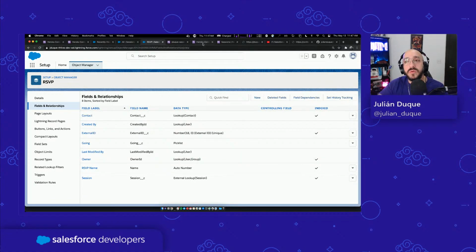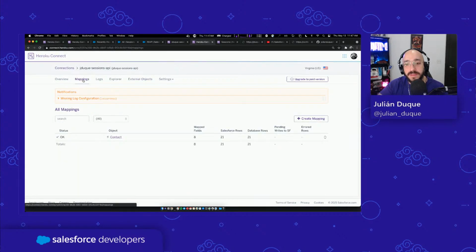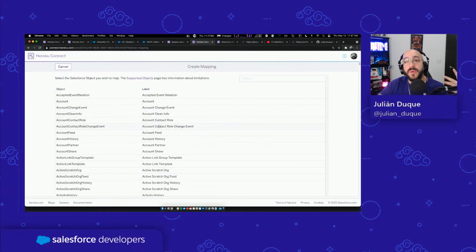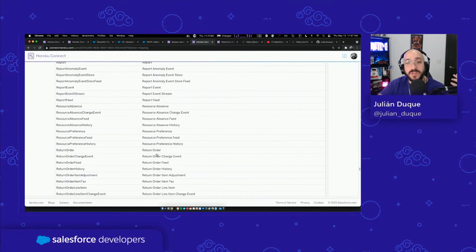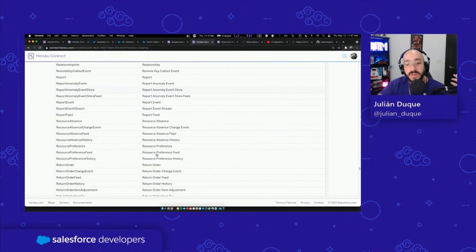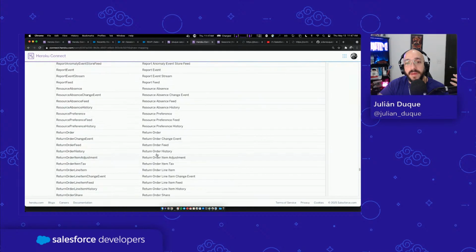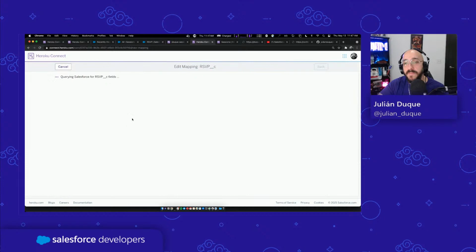Let's go back to Heroku Connect and create the mapping. So Heroku Connect, go to mappings, create a new mapping. And remember that I told you this is going to bring a list of supported objects. One of those objects are going to be custom objects we create. So here we should have the RSVPs. Look at here, RSVP. So let's click on RSVP